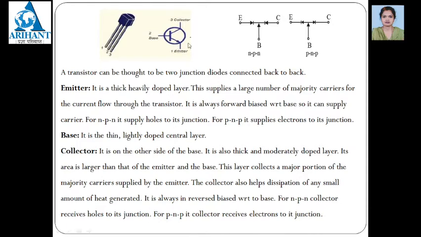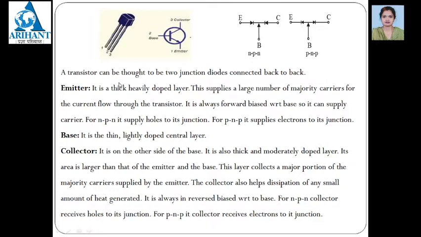We have seen this symbol in this structure, that this is the base. If the current direction is inward, it is an NPN transistor. If you can see here, the emitter is like this, the collector is coming here, the base is coming here, then this is NPN. In that case the emitter arrow is going outward, the collector is going here, and the base is coming here, otherwise it is a PNP transistor.